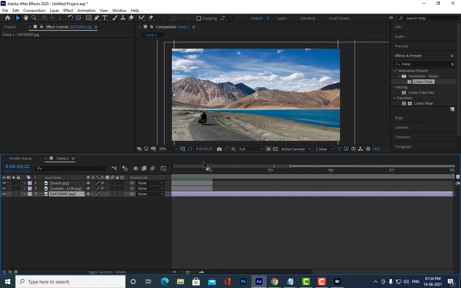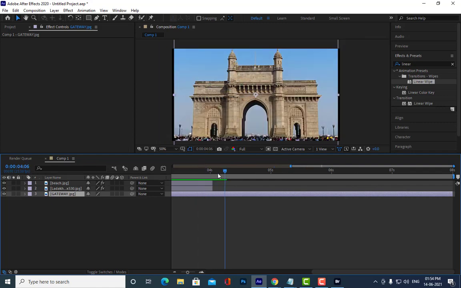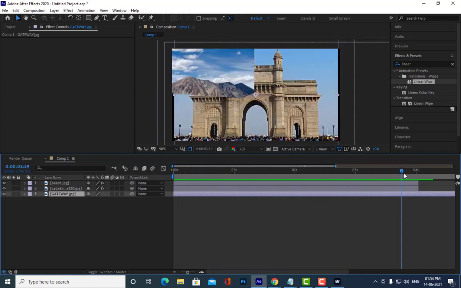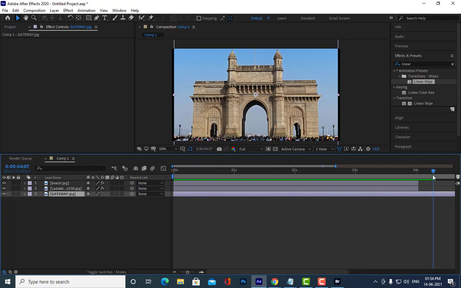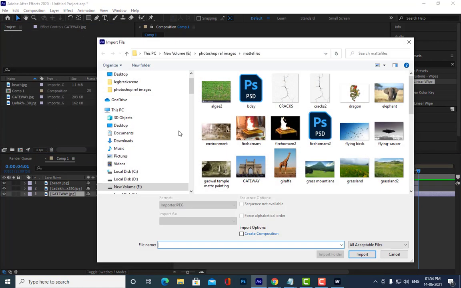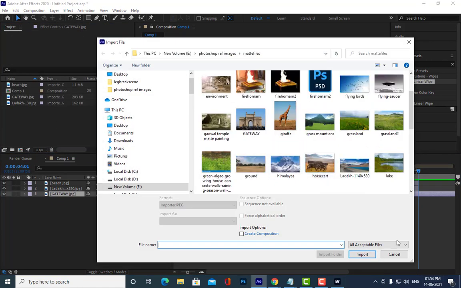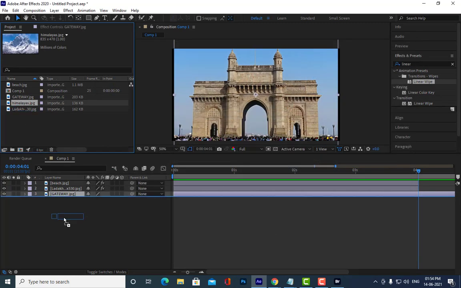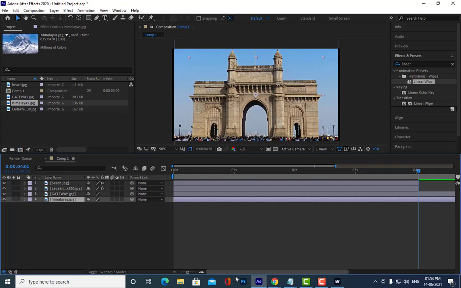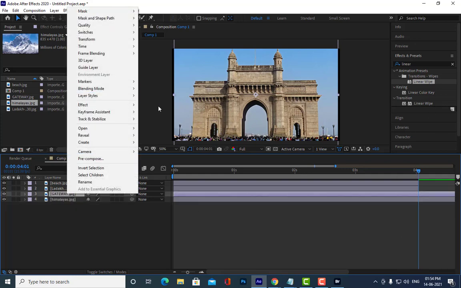Able to understand, everyone? Yes, sir. Because this is a JPG file, you can increase the duration, and in case you want to take one more image, you can take it, keep it here, and try to apply one more.